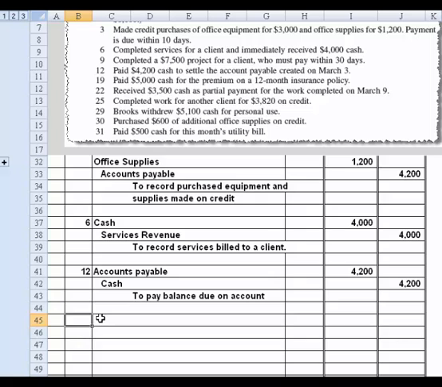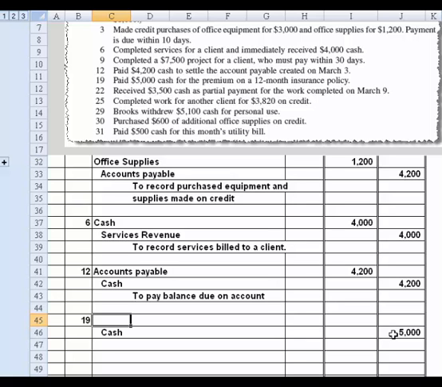Okay, so on the 19th, it says paid $5,000 cash for a premium on a 12-month insurance policy. Okay, well in this case, I'm going to do cash first because it's the easy side, right? Do the easy side first if that works for you. It's a credit to cash on the 19th of $5,000, and the debit goes to